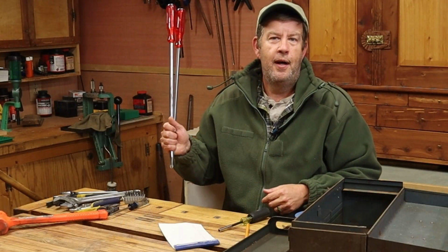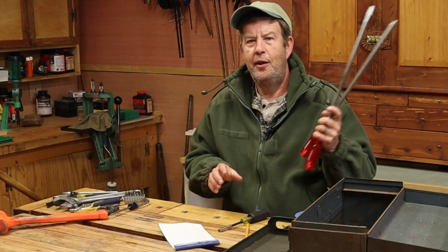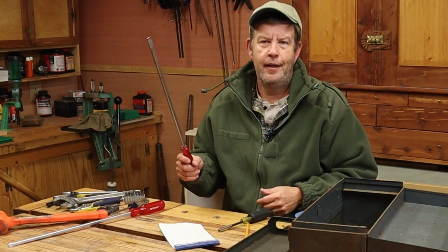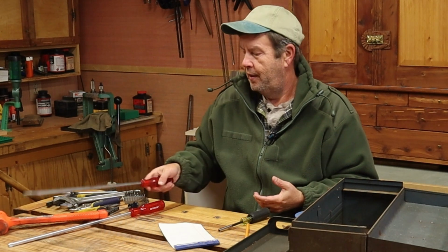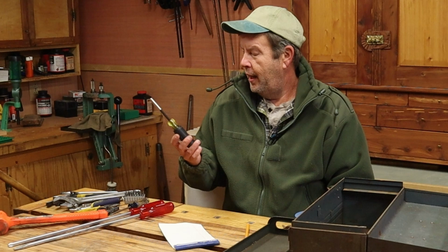I don't want these monsters here. Well, first of all, they won't fit in the toolbox. All right, and these are two huge screwdrivers, but a big screwdriver can be really useful, especially a flathead, because you can turn it into a pry bar. I know it's not made for that. We're talking emergencies here. All right, so I'm going to get me a couple of big screwdrivers,